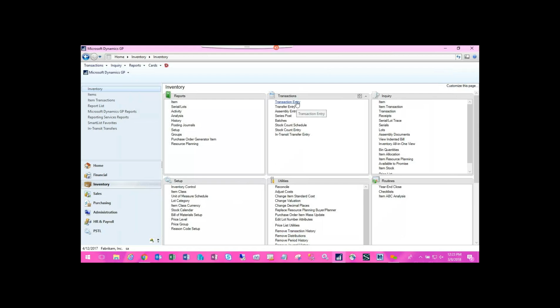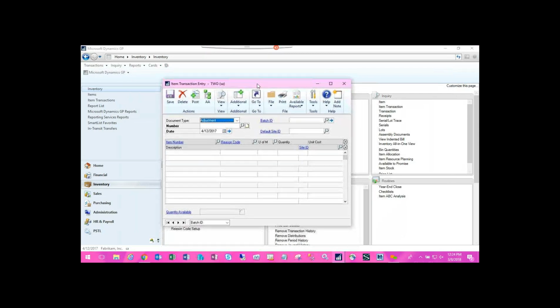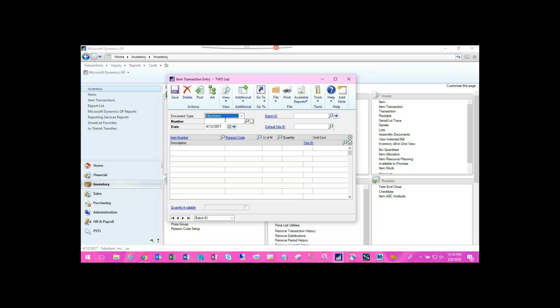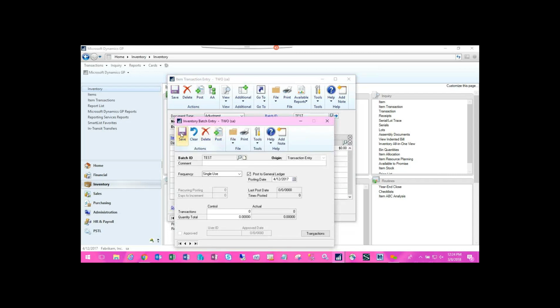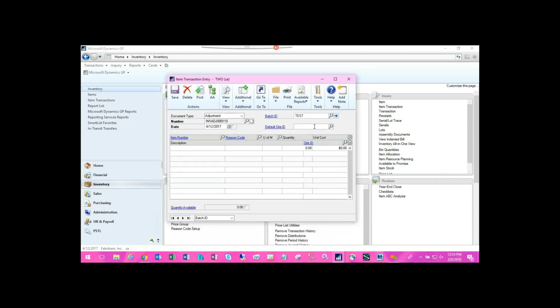Okay, so quickly through transaction entry. Again, you're going to go in here, choose your adjustment. It's going to default in with a number based on your inventory control setup window. Your date will default in with your system date, so you can change that. You're going to choose a batch ID, whether you add a batch or you use an existing batch. Then what's your default site ID that you're going to have for this transaction? So I'm going to do warehouse in this case and choose my item